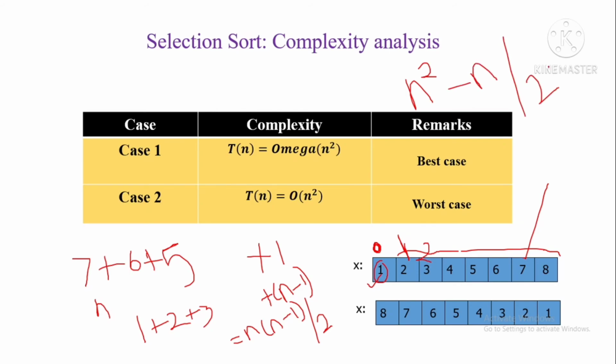The constant we can ignore, and this n also we can ignore, because if you compare the value of n squared with this n, it is going to be an ignorable one. So we can ignore this value. Our omega, the best case, is omega of n squared. We can only keep this n squared term. So this is the best case time complexity analysis for selection sort.